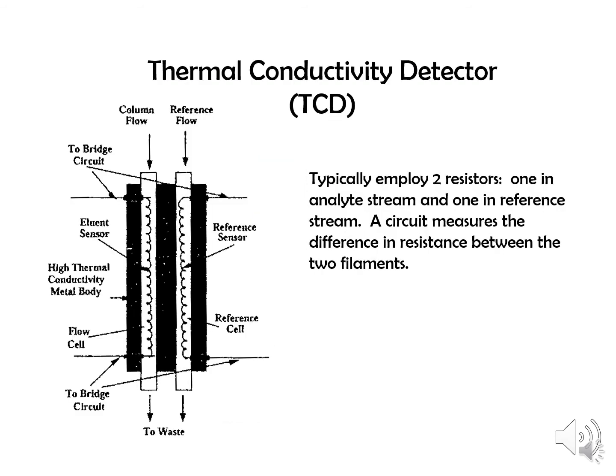Thermal conductivity is much less sensitive. Here you have a column flow from the column, and you have a reference flow, and so you're comparing the thermal conductivity of these two flows to a wire. And when your analytes come through, it's going to change the thermal conductivity of your sample gas versus your reference gas. That's what you're picking up. So not very sensitive, but this is good for detecting liquids, things like water. It's a very common detector in that it's good for students. It's kind of hard to destroy this detector,